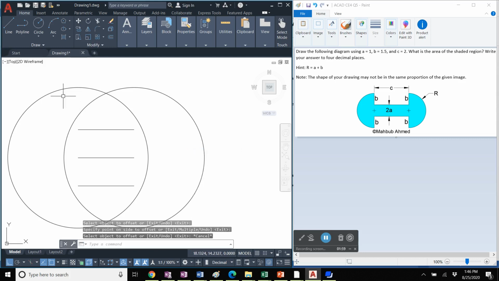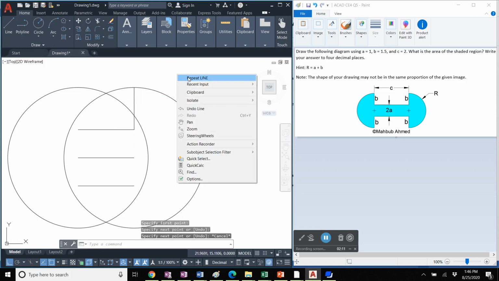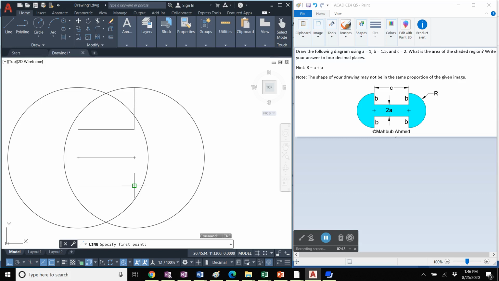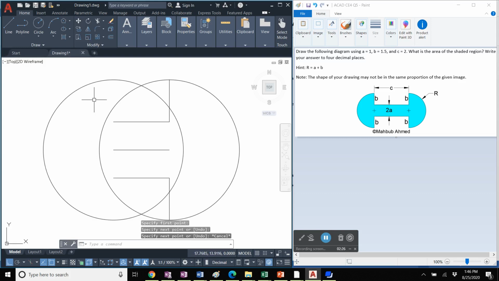cancel or enter. Now click the line tool, click the endpoint of this offset line, move up, and then click on that quadrant, right click, cancel, then right click again, repeat line, and click that endpoint of this offset line and then connect with the other quadrant for the same circle, right click, cancel,